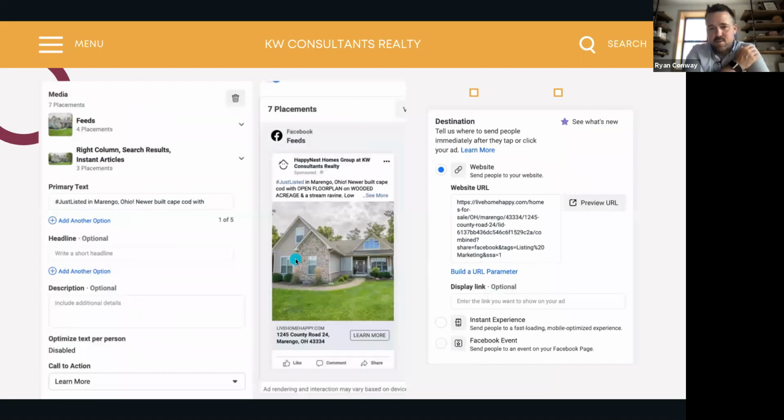Showing a little more expanded here, I can change the primary text up top. I'm showing just listed in Marengo, with a little bit of the details. I tend to prefer to put some information about price on there as a means of filtering leads, so they don't see the property and wonder whether it's a $200,000 house, a $500,000 house, or a $1 million house, and I don't get a bunch of random stuff. This was a $450,000 house, so I know that if I'm getting leads from it, they're probably looking at that price point because I've already put that information out there.